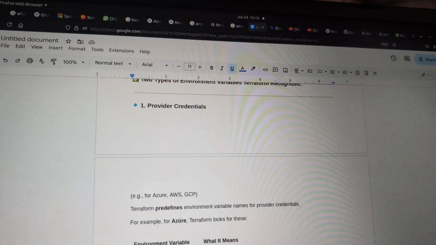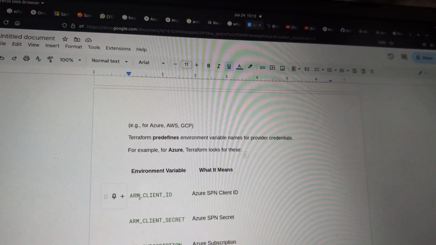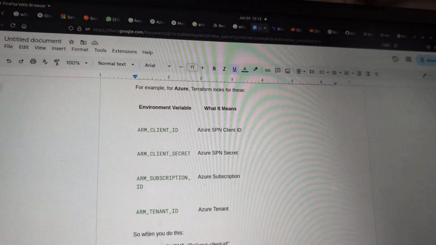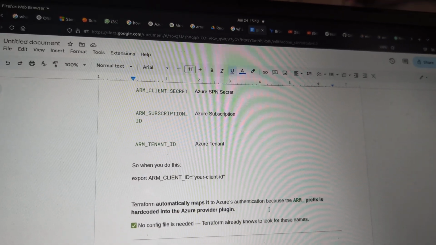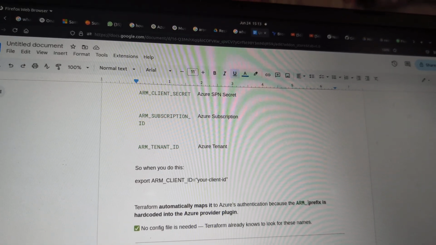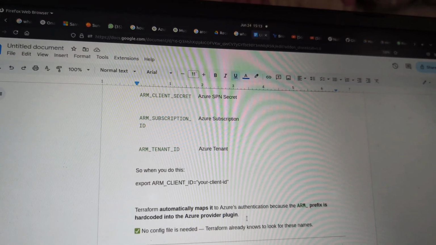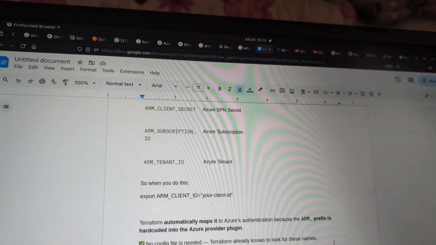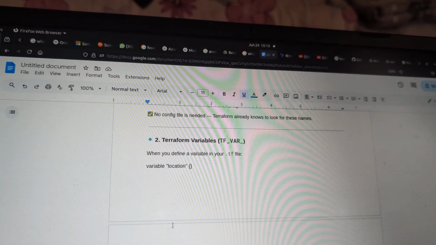For example, for Azure, all of them have a standard format with the prefix ARM. When you see ARM there, Terraform automatically maps it to Azure authentication because the ARM prefix is hard-coded into the Azure provider plugin. So no config file is needed. Terraform already knows how to look for these names. The second, if it is Terraform variables, then